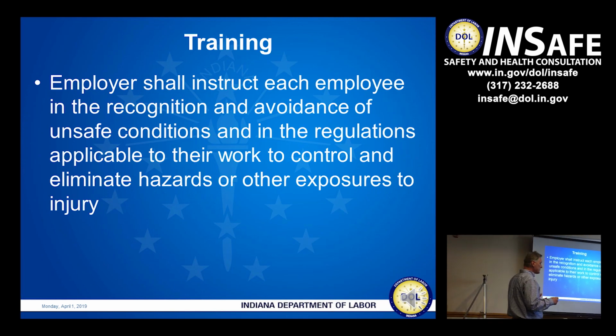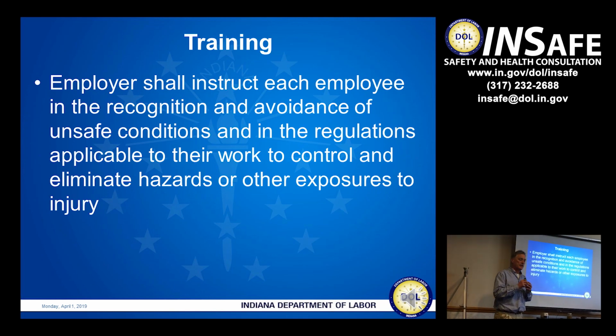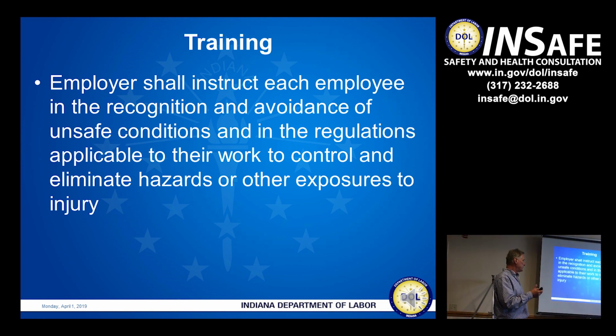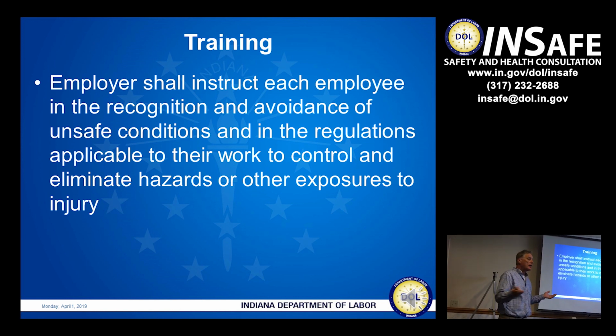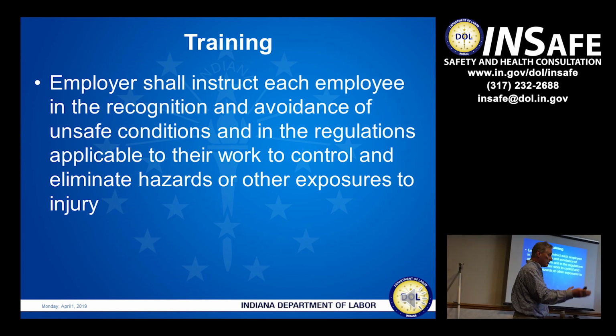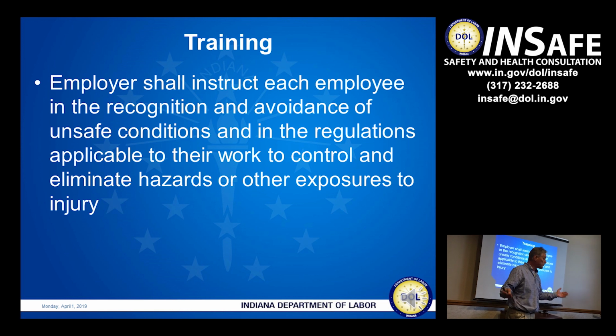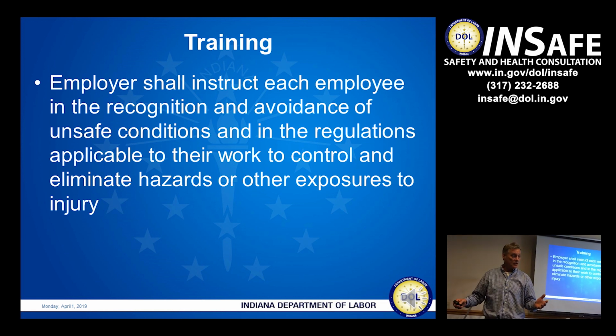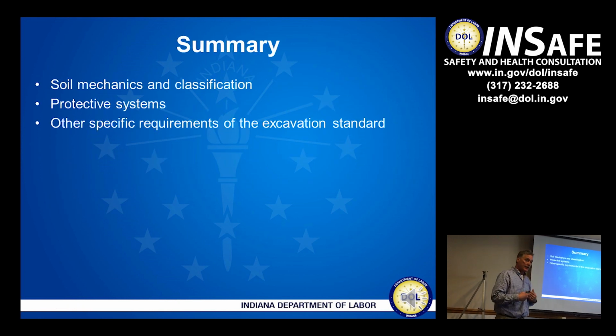Lastly, the standards have a general training requirement. It states that the employer has to train or instruct their employees in the recognition and avoidance of unsafe conditions and the regulations which are applicable to their work. All that's stating is that if you're going to be doing excavation work, we want to train all of our employees to recognize hazards associated with trenches and excavations so that they can recognize that hazard, take it to the competent person, get out of the excavation, and hopefully that will